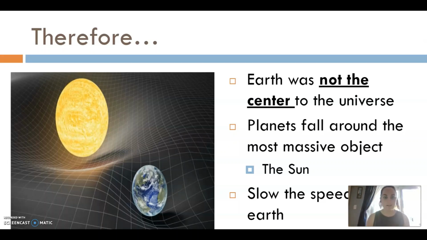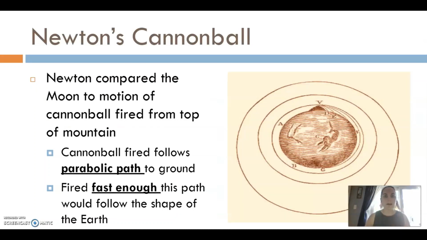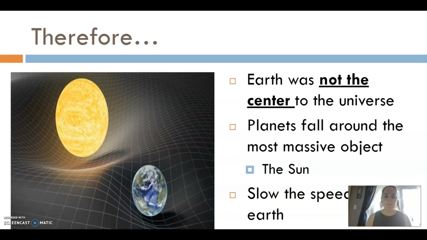The sun in our solar system, right? So the sun has to be the major object, or in this case, the object with the highest mass, the object that is creating the biggest indent within this fabric of space. And then all planets have to be falling around that most massive object, or honestly, just falling in this orbit, right? Think of an orbit as that thing falling, or that cannonball just falling. Again, the same idea that our Earth is honestly just falling around the sun.